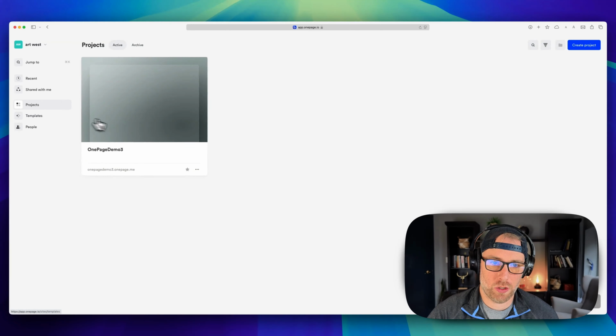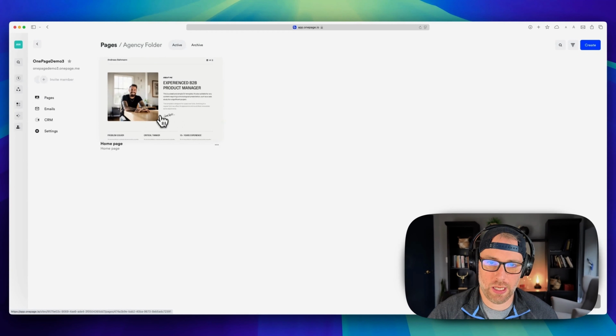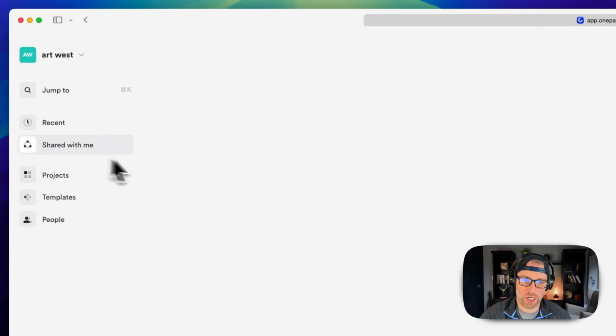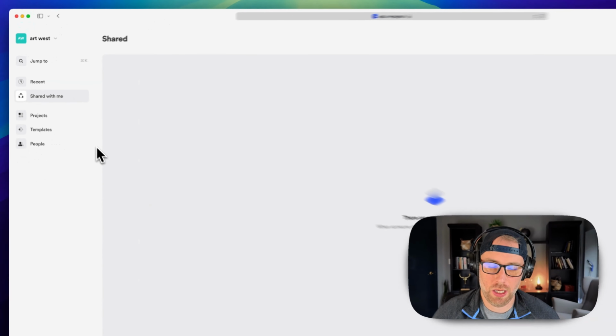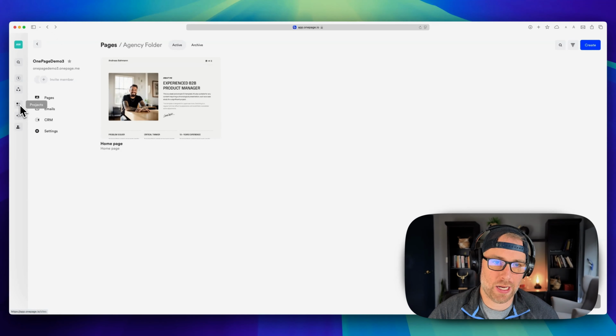Okay, so let's go back here to our projects. We'll click into this folder again where our project is currently set. And now what we can do is we can move right into our page. The last thing I want to show you is, as I showed you, you could share your project with someone else. If someone has shared a project with you, it would show up right here. Now, I don't have any projects shared with me, but if somebody had shared a project with me, it would show up right here, and then I could go ahead and edit that project. I'm going to go ahead and go back here